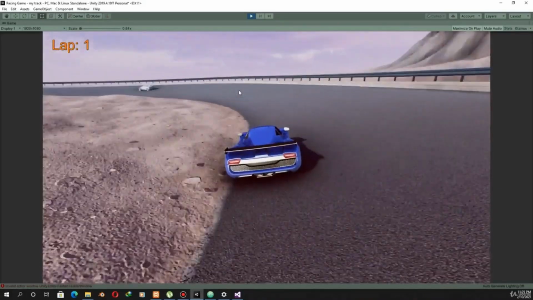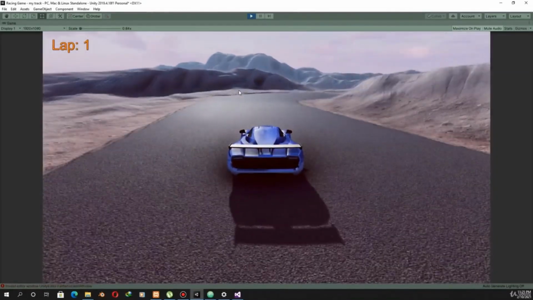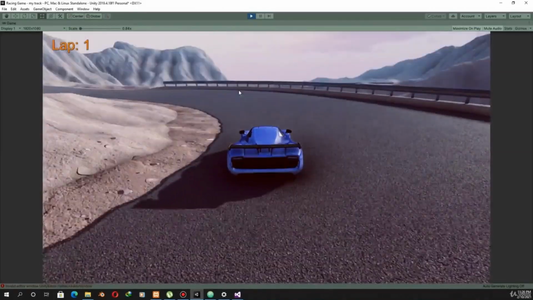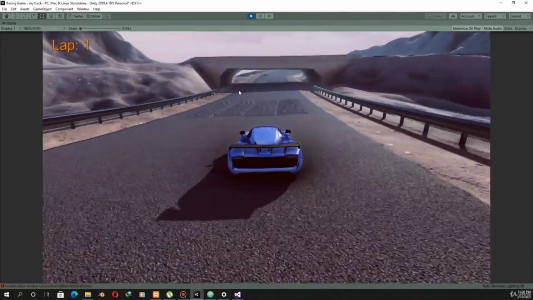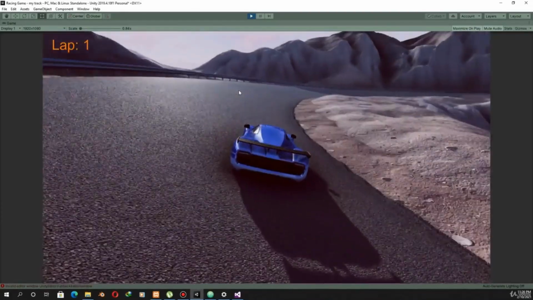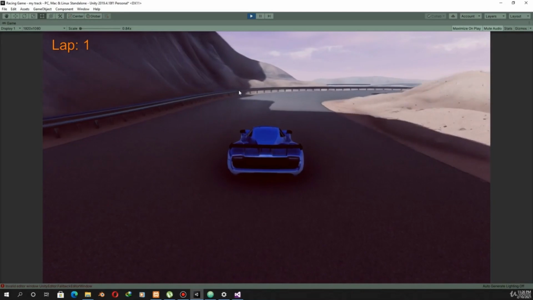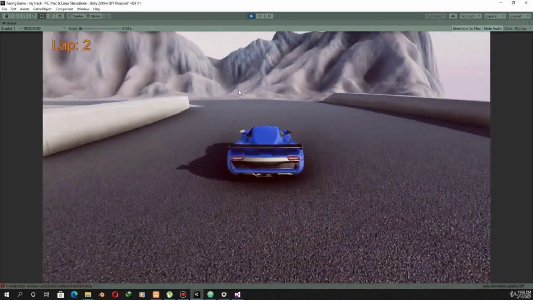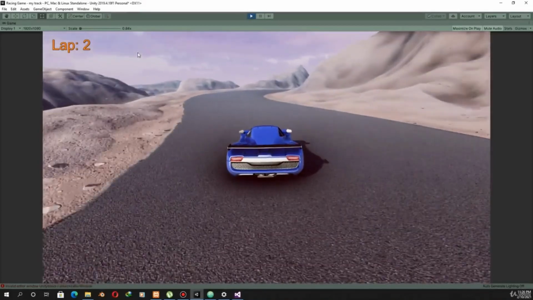Currently this is the first lab, and you can see that our AI car is going too fast. And here you can see that lab has been updated. And currently this is the second lab.